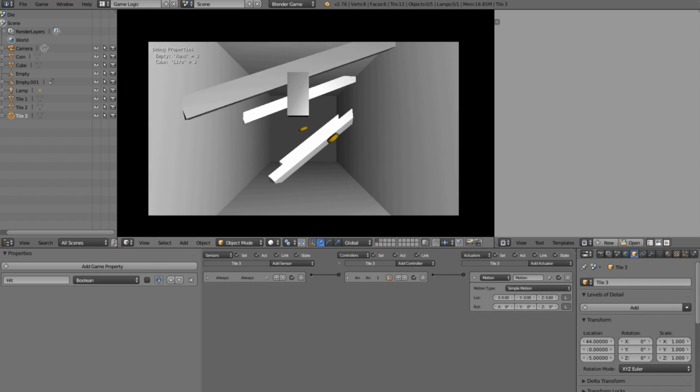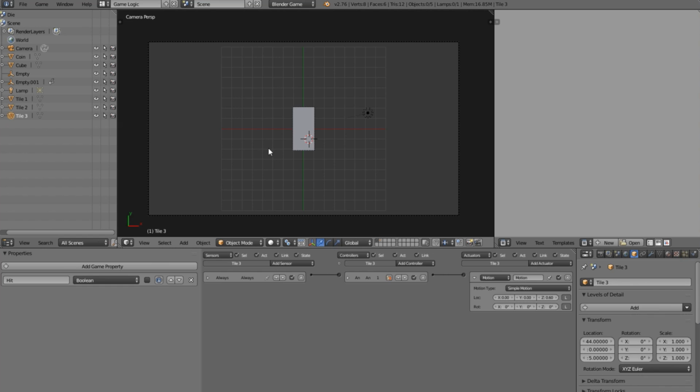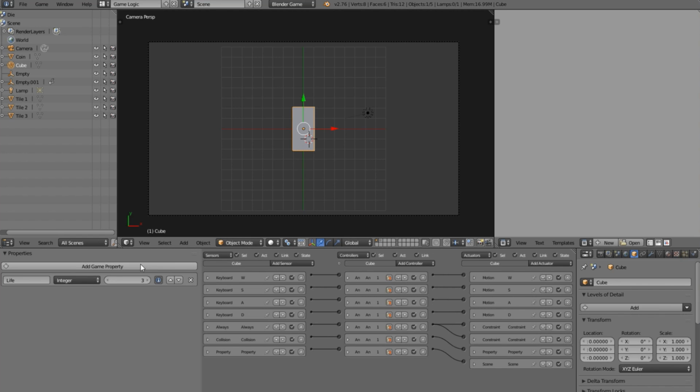Alright, so one thing to note that I definitely forgot about is we want to be able to collect these coins. So first of all, I'm going to have them delete. So we're going to add a property. This is going to be a boolean. It doesn't matter what type, but as I said before, I like boolean. It just shows me that it's a property that's going to be testing for stuff. So I can say property player. Now you can just use the normal property, it's just the name. So you could actually just have if it has the property life, I prefer to have a custom property for it in my case. So if you want to change the name or something. Anyway,